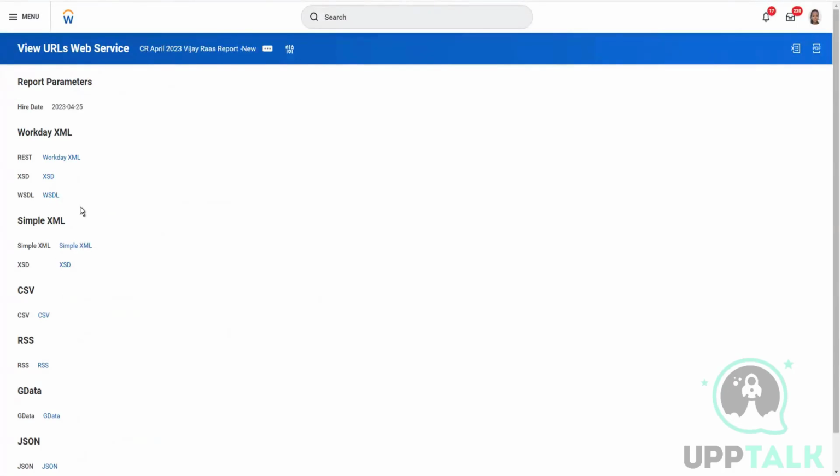Now you have different output types that Workday supports. The most used ones, the majority ones which are used frequently, are Workday XML, simple XML, and JSON. Sometimes people do request CSV as well. The most used out of these is JSON, because JSON is a very light language. So the approach people prefer most is the JSON output from your report. We'll see a couple of ways to generate the different